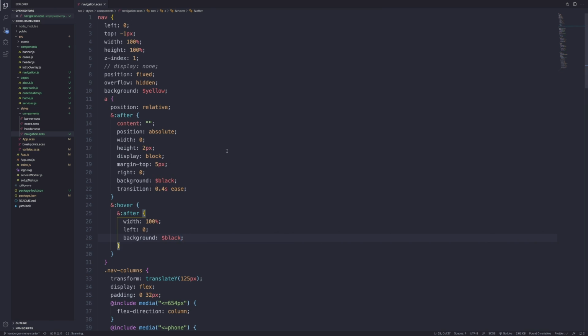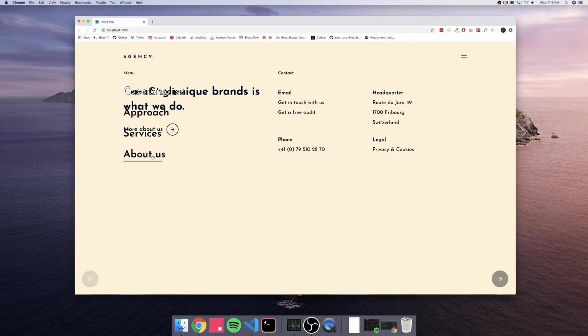Let's save this and preview what we have. So when I hover on About Us, you can see the line goes from left to right. And it should work with any A tag that we have. Let's see if we can find other ones. It didn't seem to work for these right here. Oh, there it goes. It's working. I think that this is just covering over the other ones. So when it comes time to animate or set it behind, it should work,